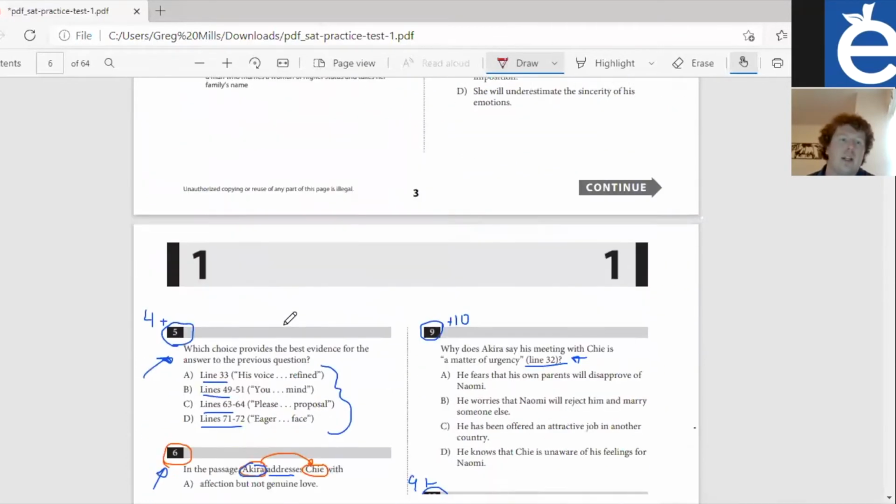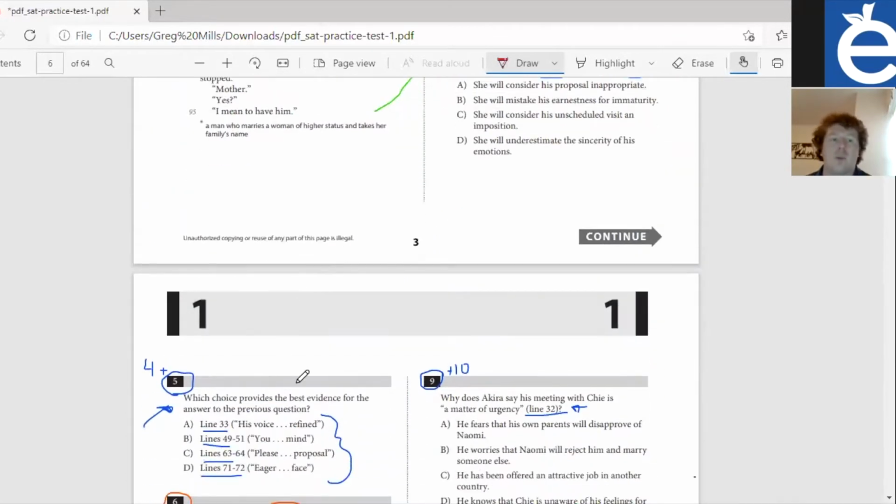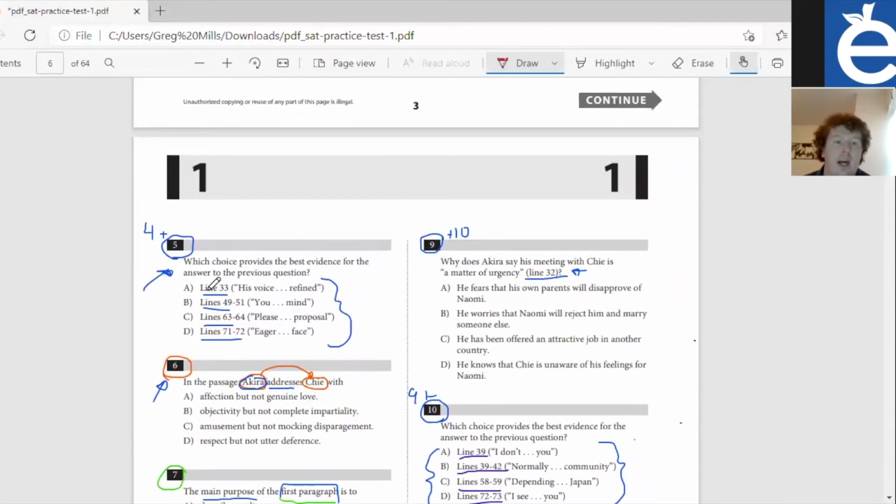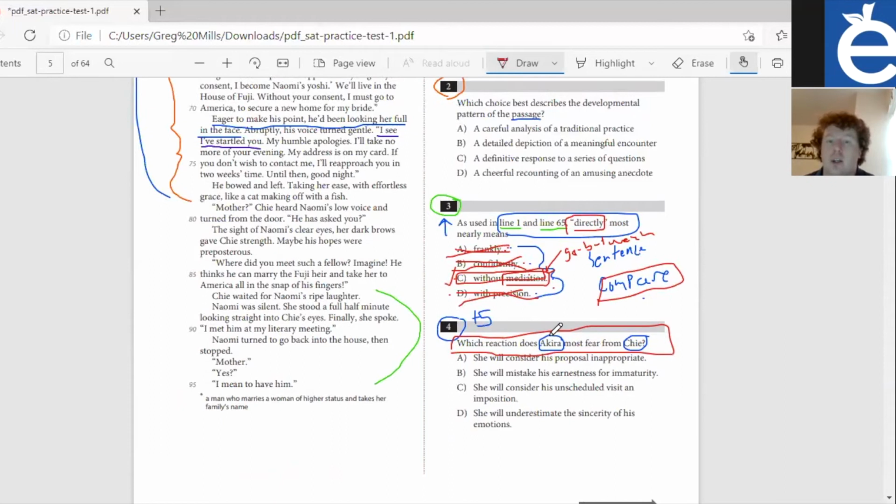So again, we're starting with our evidence for 4 and 5, and we're trying to answer this question: Which reaction does Akira most fear from Chi? So we already have outlined in the text here what we want to look at. And we are considering what reaction does Akira most fear from Chi. So a note about how these questions are phrased. This is intentionally designed to be misinterpreted